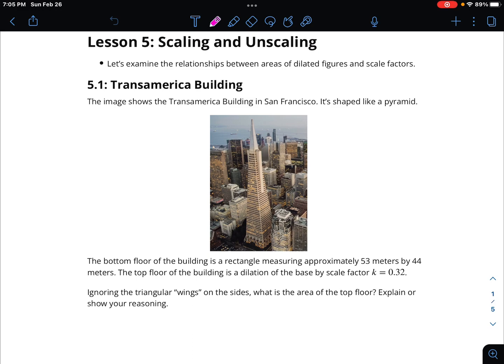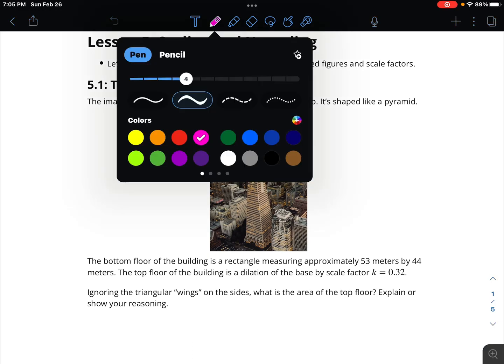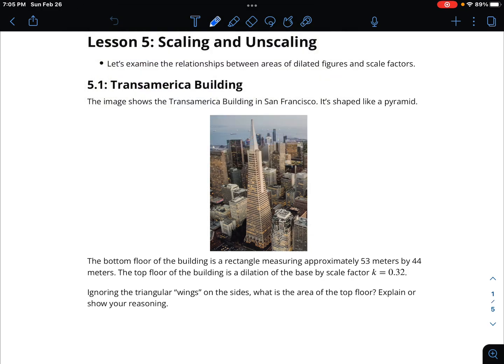So this section right here, there's a lot of things having to do with pyramids and building different shapes. This right here is the Transamerica building. You guys should know that it has a square base. Same thing up here. It has a square base for this top floor. And what's happening is we're going from this big square at the very bottom to this much smaller square. And of course I can't draw to save my life. You guys know that. And so what's happening here is we have this building being drawn, and this right here